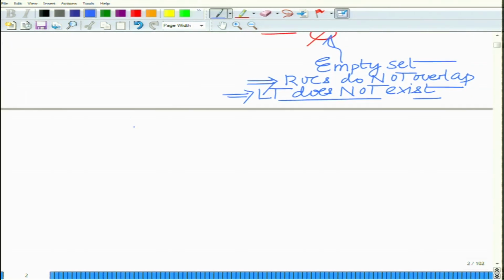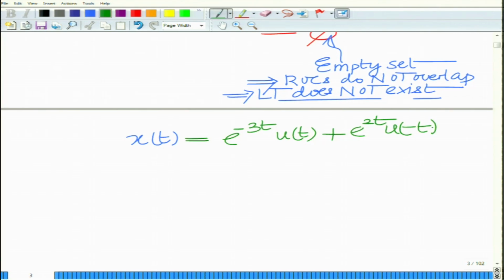For instance, let us now look at the signal, just modifying it a little bit. Let us look at the signal x(t) equals e raised to minus 3t u(t) plus e raised to 2t u(minus t). Now, the Laplace transform of e raised to minus 3t u(t), which is e raised to minus a t u(t) with a equal to 3, is 1 over s plus 3, and the ROC is real part of s greater than